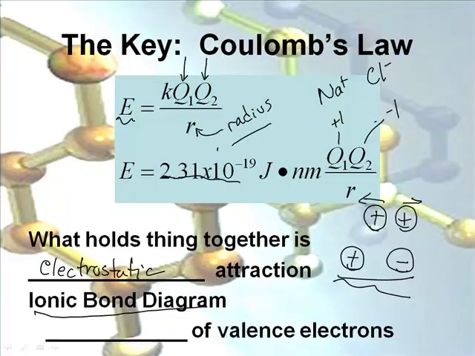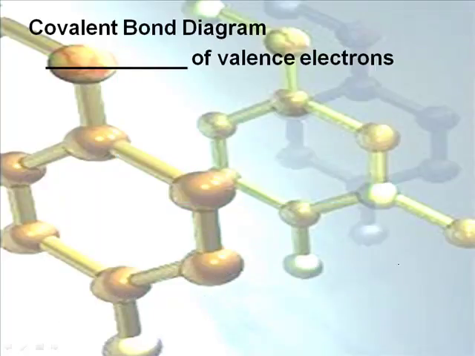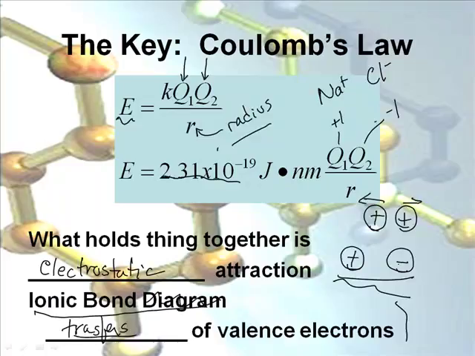Now, in an ionic bond, just ionic bonds, what do the electrons do? They are transferred from one atom to another atom. So that's the key thing in an ionic bond. We're going to focus a little bit on ionic bonding for a few minutes. In an ionic bond, there's a transfer of valence electrons.